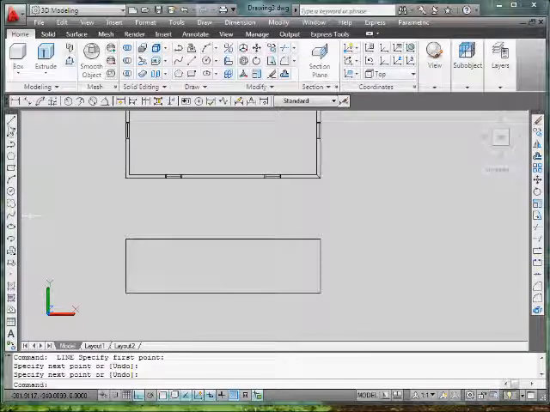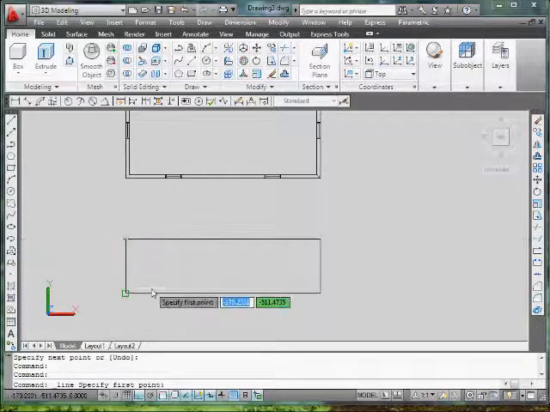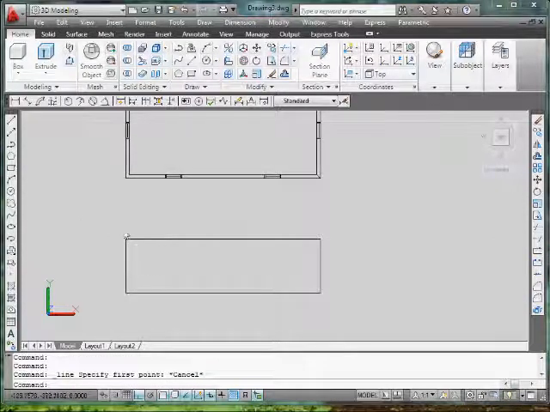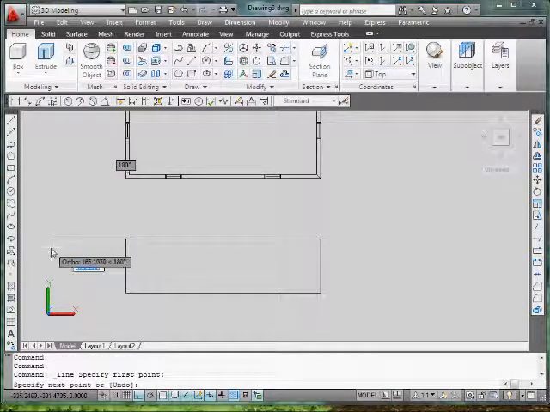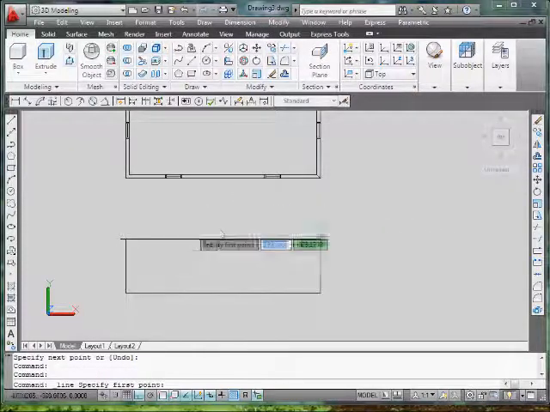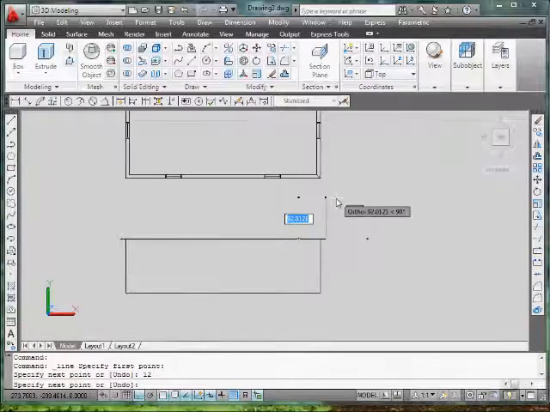12 inches. So you're going to do a line. You can extend this line, it gives you that option, or you can actually, we're not going to extend the line. We're just going to draw a line from the endpoint here. We go over 12, or 1 foot. Do the same thing on the other side, or you can just mirror it, but I'm doing it this way. 12 over, and the height will be,